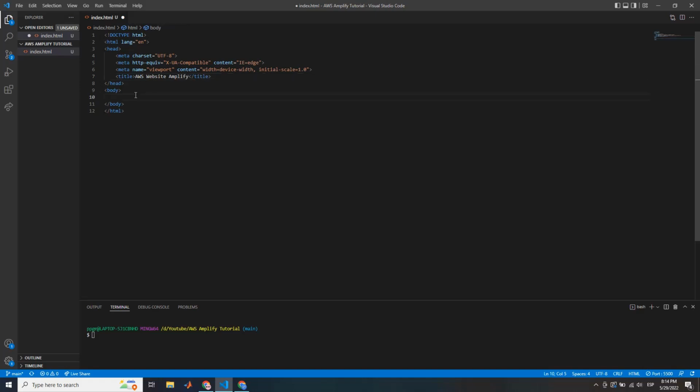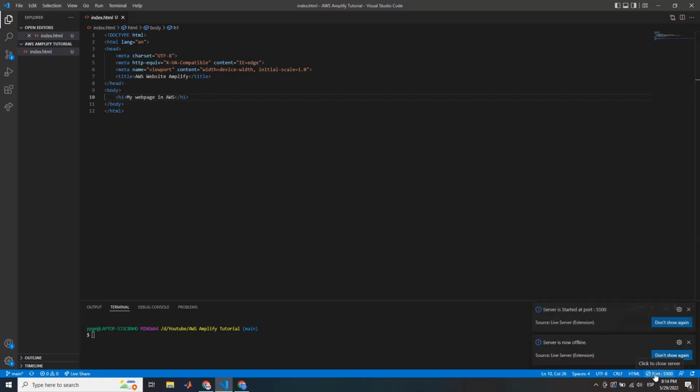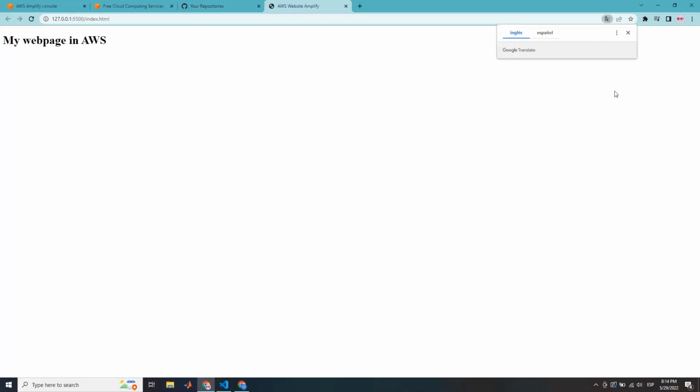And here I'm going to put an h1 tag for my web page in AWS and hit save, and let's visualize it in the browser. So here we go, this is our page. Here it is in my computer, it's in the localhost,